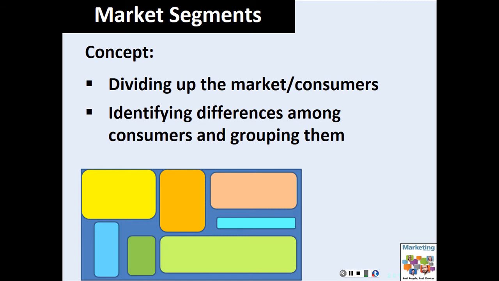So a better definition is that we are basically looking at the whole market, looking at individual consumers in that market, and identifying certain differences. When we look at two consumers, we say this consumer is different than this consumer, and this third consumer is similar to the first consumer. So we're identifying differences and then grouping people together, so that those people who on a particular dimension are not different, we put them together. People who are different on those dimensions, we put them in two groups.